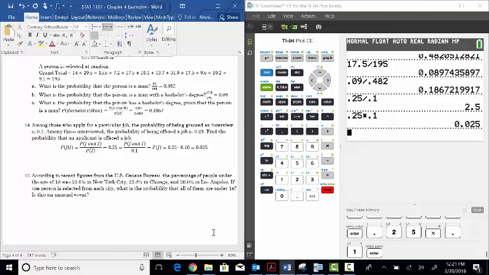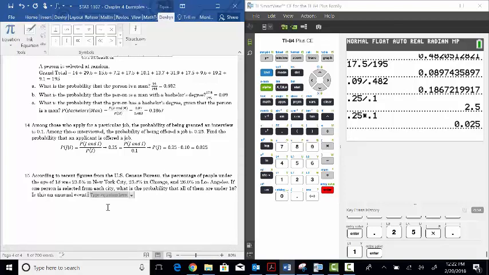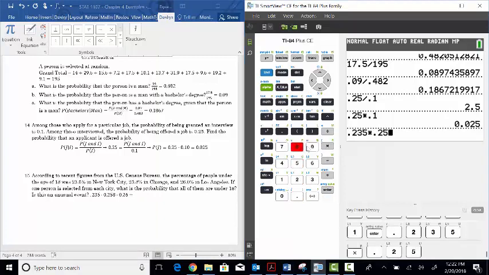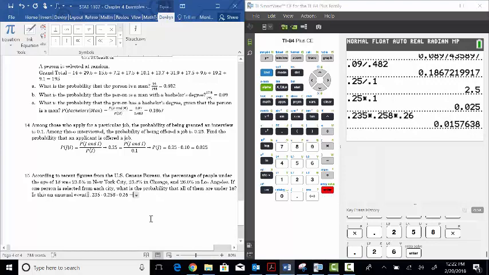Whether or not you're under 18 in a particular city doesn't affect the chances of you being under 18 in another city because you can't be selecting the same person. So because they're independent events, I can simply just multiply the probabilities. So 0.235 times 0.258 times 0.26. All right, and if I multiply these all together, I get